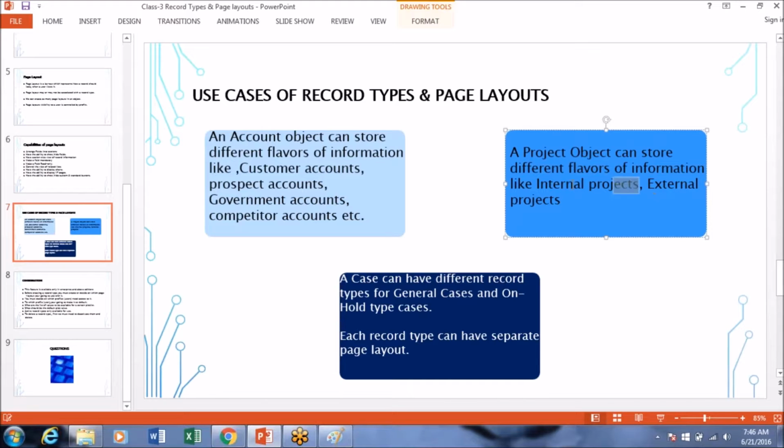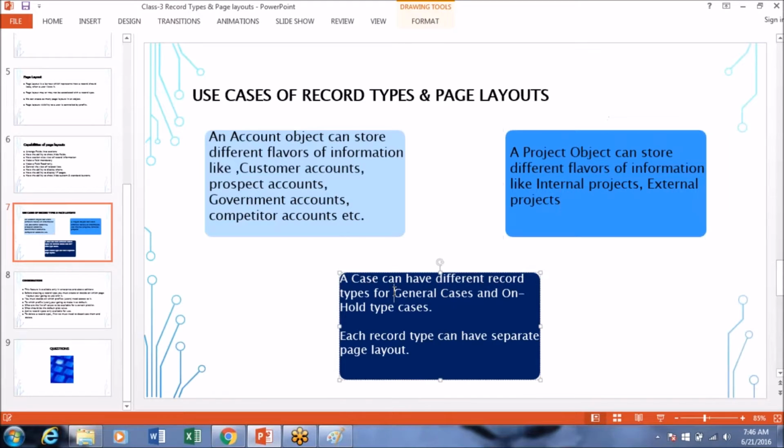Internal projects will not have as much information to store as external projects, right? It will have less information to store, like what kind of project it is. But for an external project, we store who the client is, what process we are following, what the next steps are, etc. So we can control this view using the page layout.